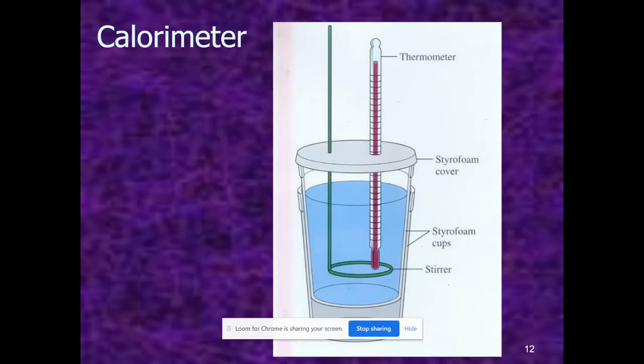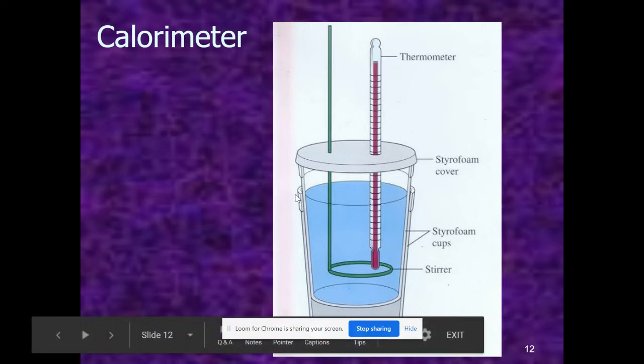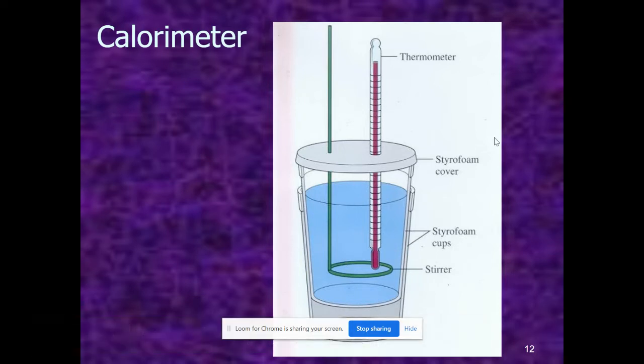And we have different types of calorimeters, but the one that we use most often, at least in a high school setting, is a coffee cup calorimeter, where we have an outside styrofoam cup. I know, so high tech there, styrofoam cup. And then we have another styrofoam cup that gets nestled inside of it. We fill it with water and we stick a thermometer down in there in order for us to measure that